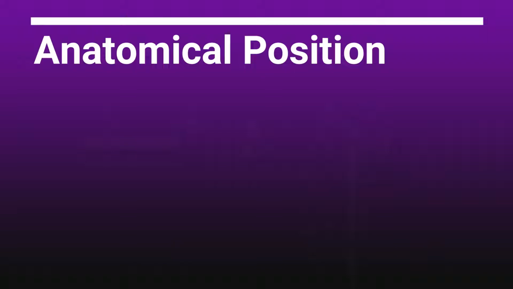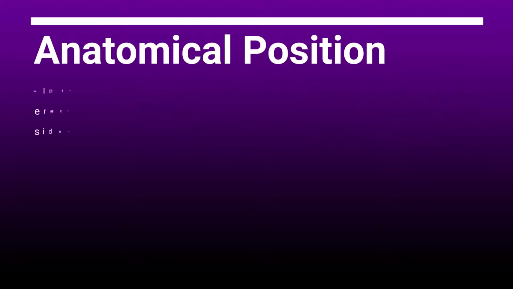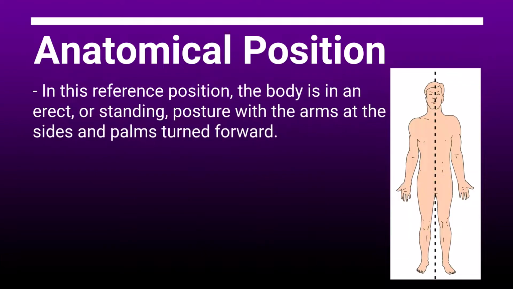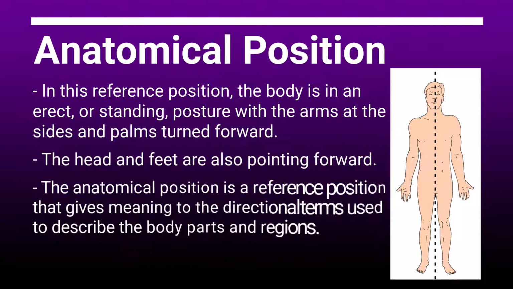Anatomical position. Discussions about the body, how it moves, its posture, or the relationship of one area to another assume that the body as a whole is in a specific position called the anatomical position. In this reference position, the body is in an erect or standing posture with the arms at the sides and palms turned forward. The head and feet are also pointing forward. The anatomical position is a reference position that gives meaning to the directional terms used to describe the body parts